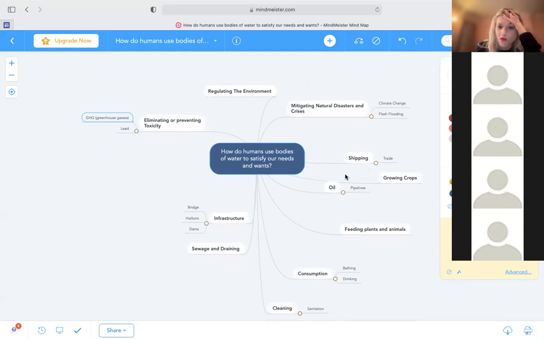So even here, we start to see that we have some conflicting interests, like eliminating or preventing toxicity, but then we need oil, right? We have oil pipelines because they help us get oil, but then those pipelines sometimes spill or there are accidents, and then we need to eliminate or prevent toxicity in the water. So even though we're brainstorming advantage areas, some of these advantages or protections are sort of at odds with each other.